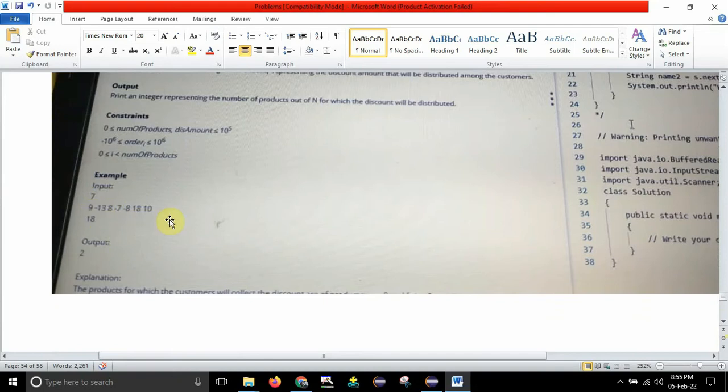After that, the input array they will be giving indicates the number of customers who have ordered each product. So product 1 has been ordered by 9 customers, product 2 has been ordered by 13 customers but it is not in stock, so that's why it has a negative value. Product 3 has been ordered by 8 people, product 7 has been ordered by 7 people,